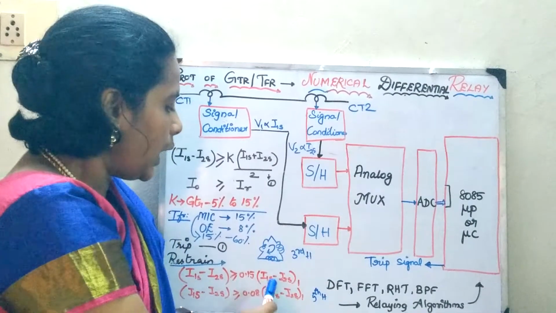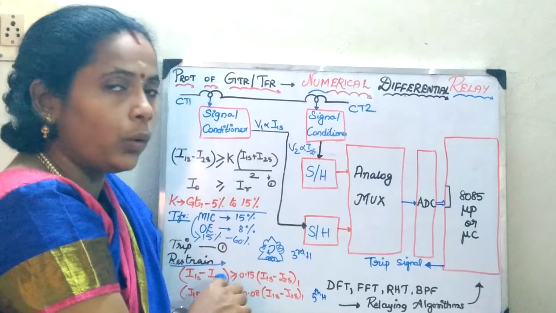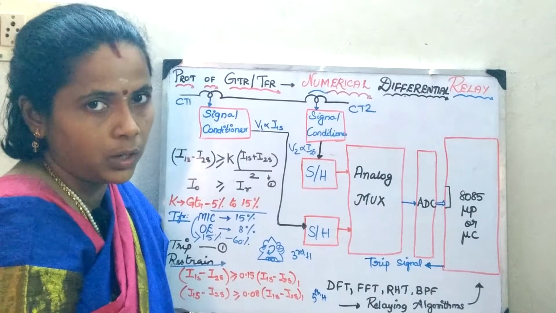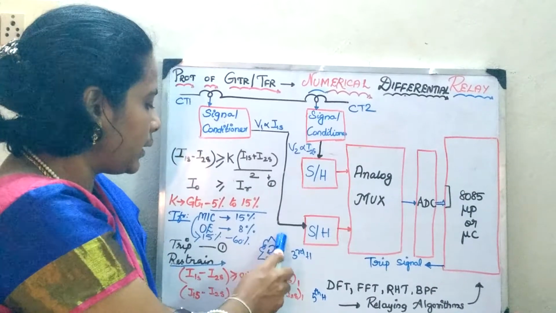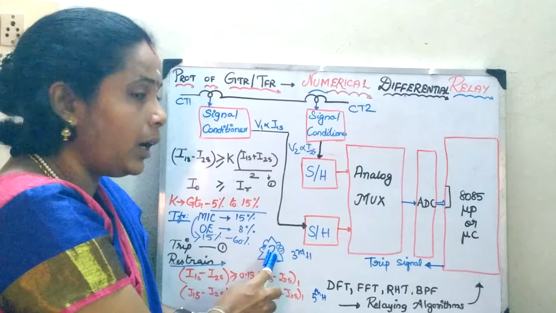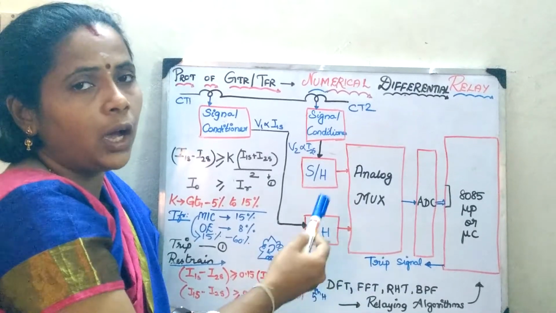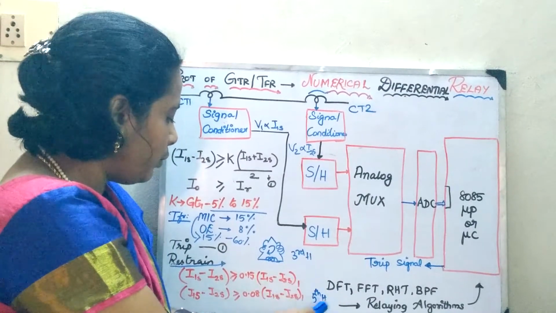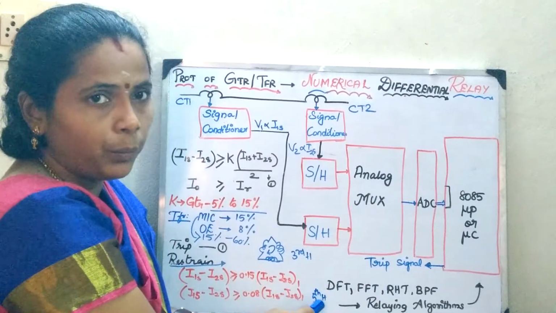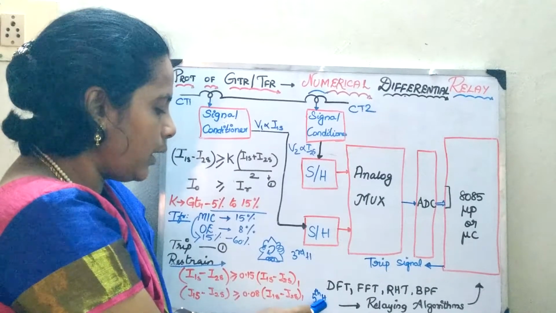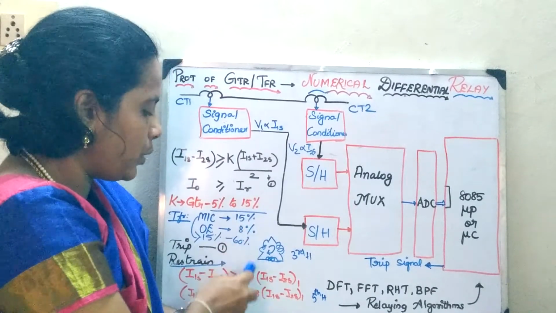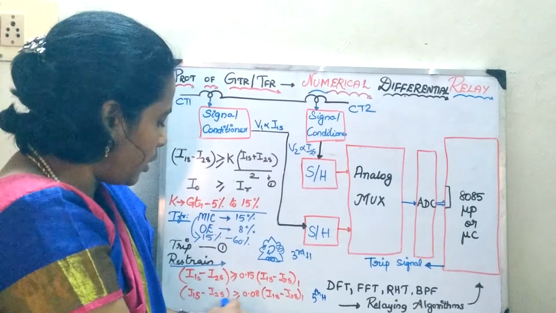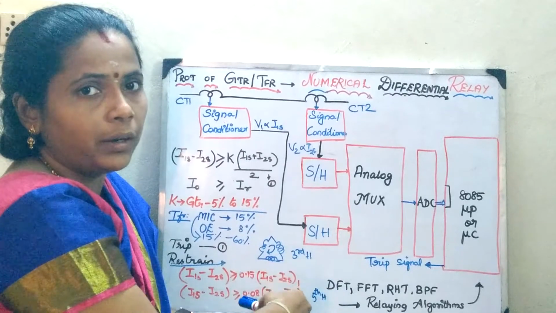Usually we apply this protection for generators and transformers of 3-phase condition. In the over excitation case, it will compute the third and the fifth harmonic. If you use a delta connected transformer, then the third harmonic will circulate in the delta and will not be problematic in the relay construction, whereas the fifth harmonic component alone should be given protection. This fifth harmonic, in case of over excitation, accounts for the 8% harmonic component, which has to be suitably restrained. So this condition should be incorporated in your circuitry.